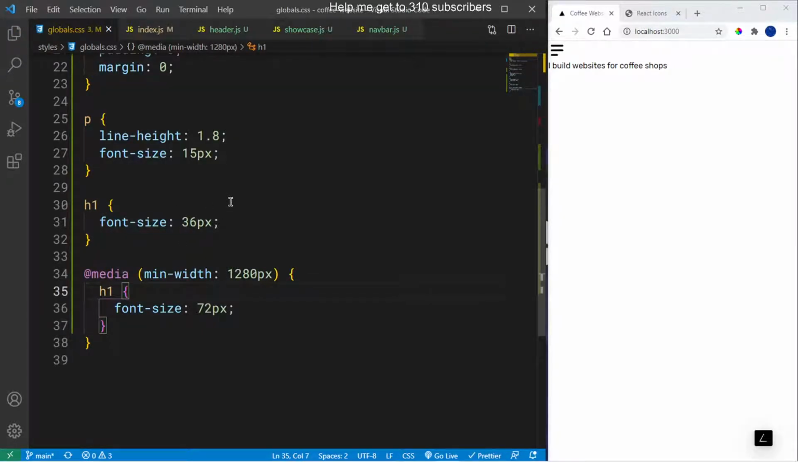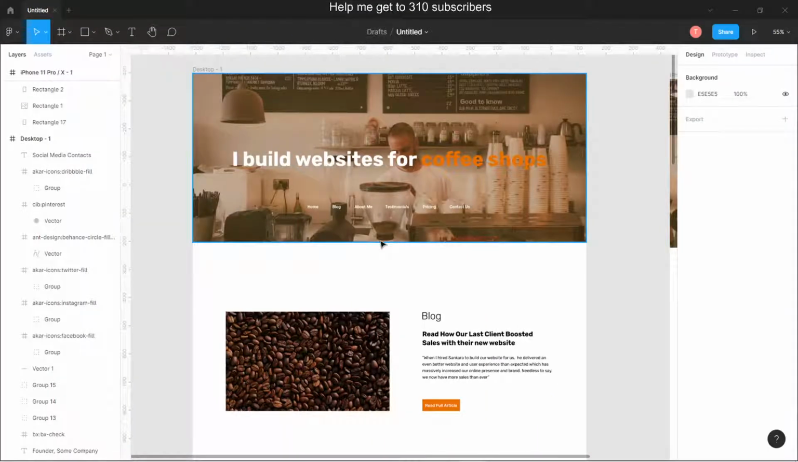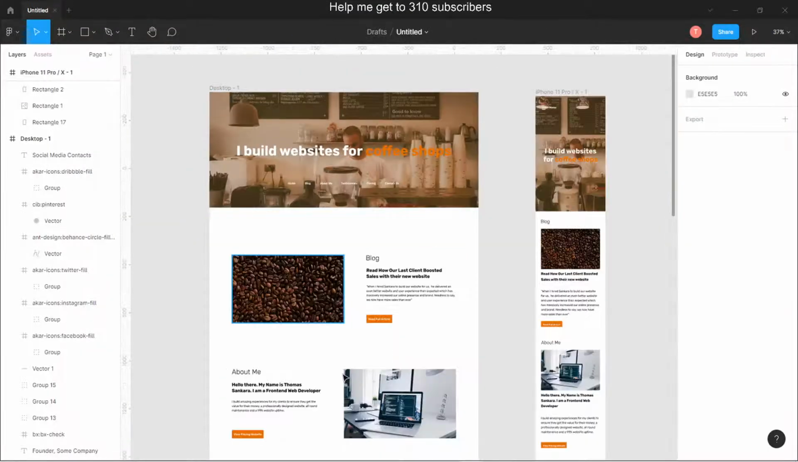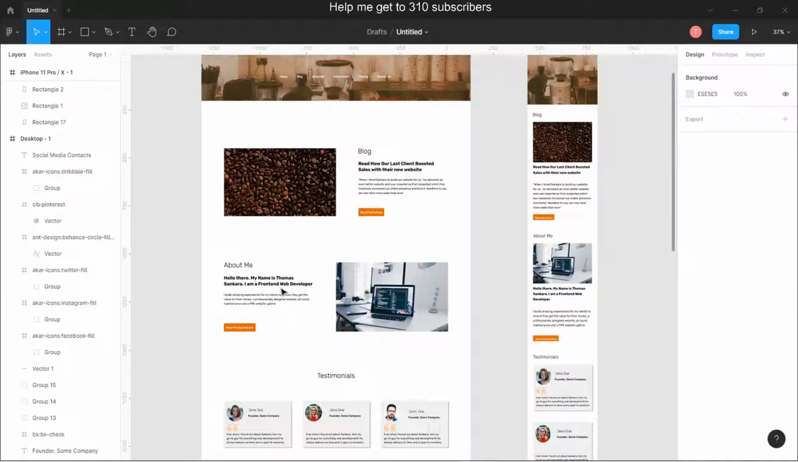And then what else do we need? So I'm going to save that. What else do we need? What else can be our value inside here? This is going to be a grid. This is going to be a grid of 2 items on this. And then what I'm going to do is for this, the blog section and the about me,